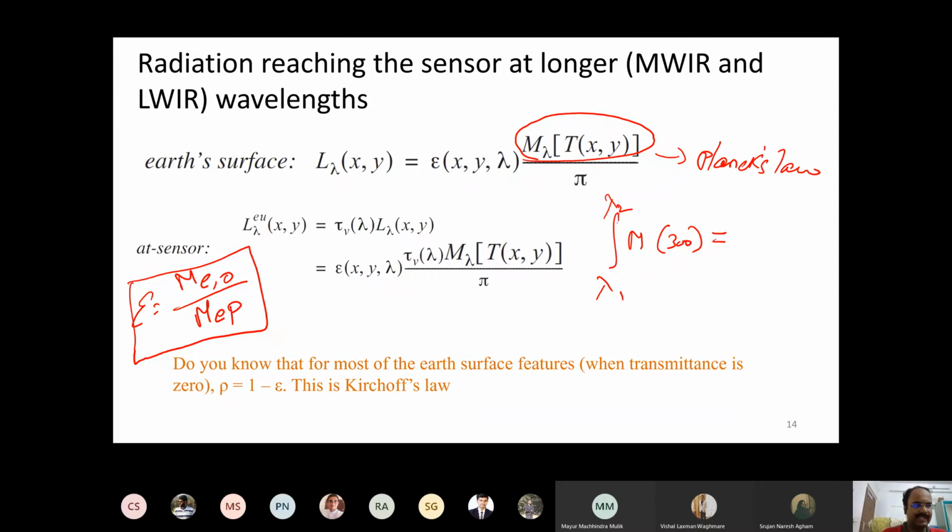We will see it again later when we discuss thermal infrared remote sensing. In the second half of the course, I will talk about it in detail. Right now, emissivity is just the ratio of emission from a real world object to Planck's law. We know only Planck's law, so if you cross multiply, emissivity into Planck's law will give you the actual energy emitted by an object.